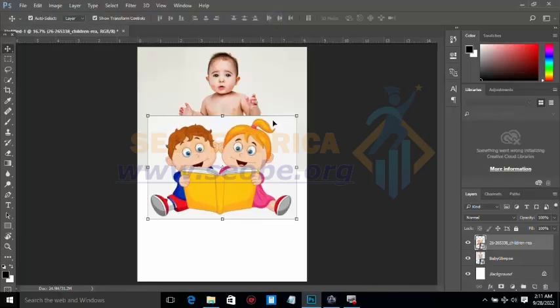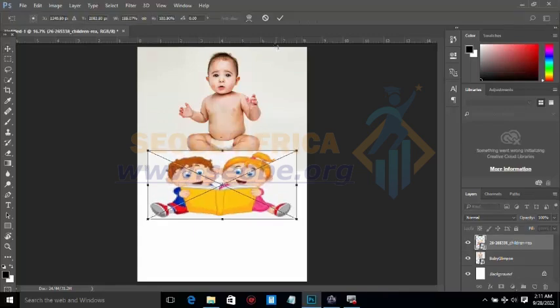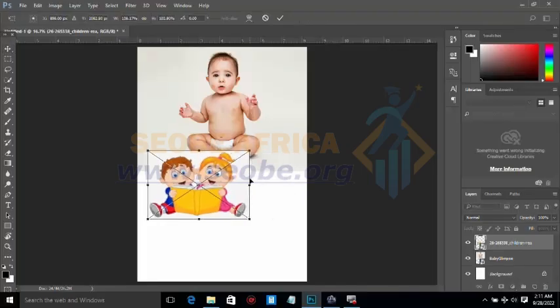Hope it is simple. Yes, it is simple. Okay, like I said, you don't have to reduce your object from the side. Let me try it for you. When you reduce like this, you can see that the object is distorted. That is why you don't have to increase or reduce from the side except the four corners. Alright, so